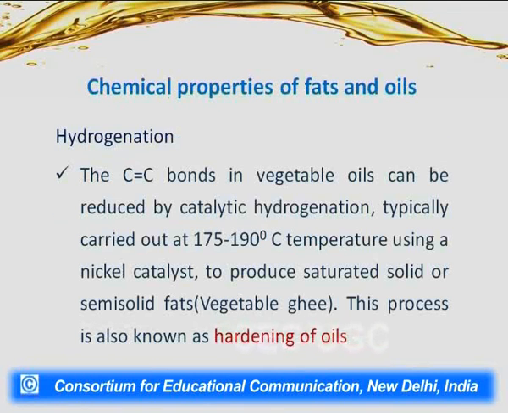Now, let us move on to chemical properties of fats and oils. The chemical properties are due to the functional groups present in them, and these oils and fats have two types of functional group in them. One, there is an ester linkage. Second, some of the carboxylic acids have unsaturation in them, meaning there are some pi bonds. So, they can behave like unsaturated compounds, or they will show the properties of carboxylic esters. Now, we will not discuss all the properties which these functional groups undergo. We will discuss some of the reactions which are shown by these oils and fats particularly.